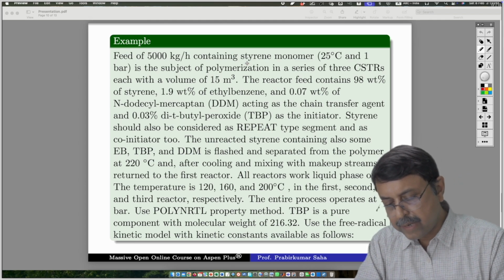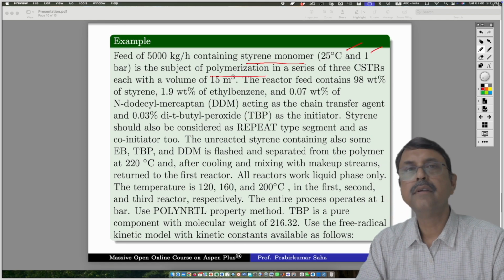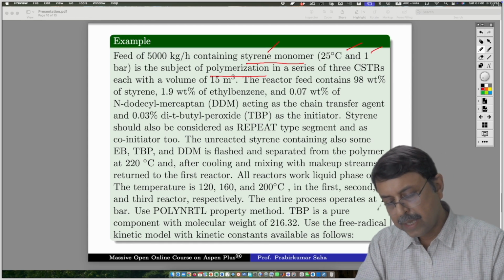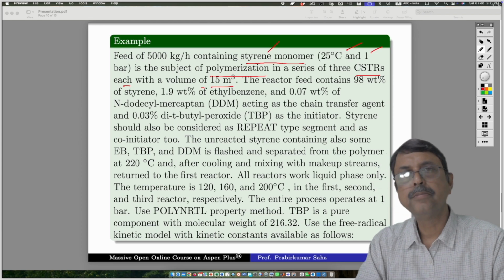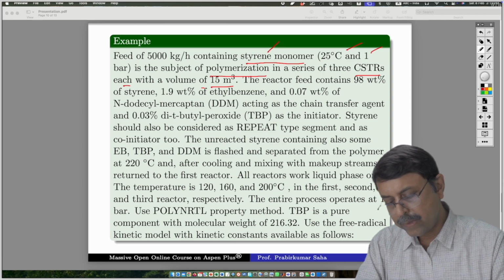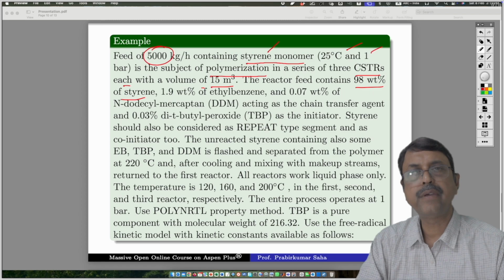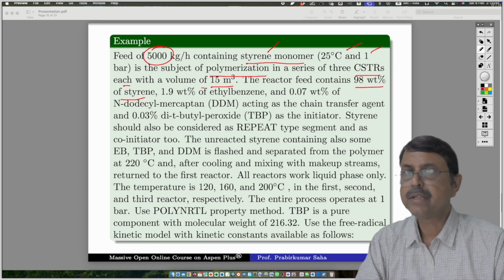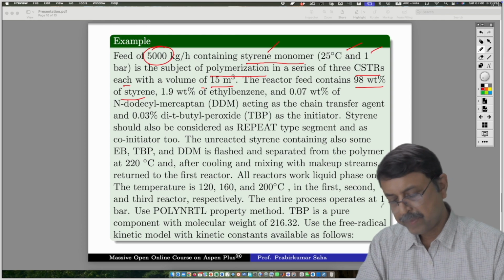So the feed contains styrene monomer. The feed temperature and pressure have been given, and it is the subject of polymerization. That means styrene will produce polystyrene, right? In a series of 3 CSTRs with volume 15 meter cube. Okay, so there are 3 identical CSTRs with a volume of 15 meter cube. The reactor feed contains 98% styrene, so out of 5000 kg, that means 4900 kg per hour is styrene. Rest are